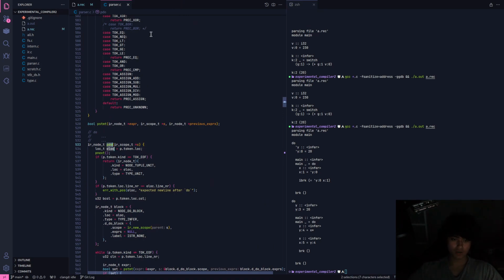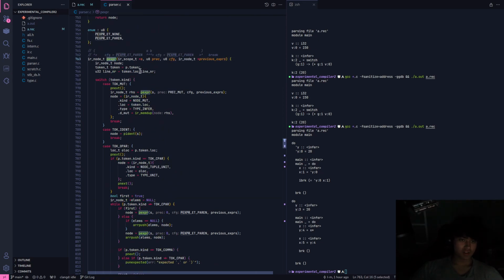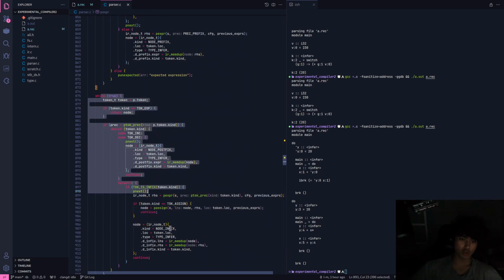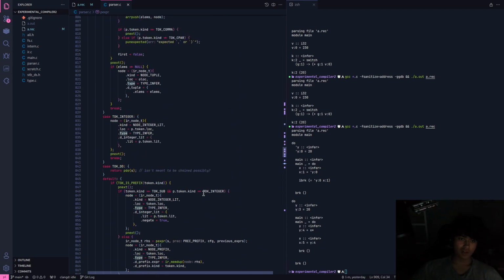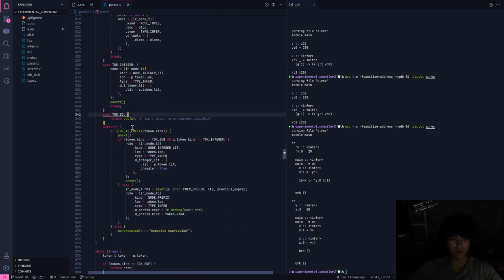P-do, right? I'll go to where it's used. So this is the p-expo. You've seen this before. So this grabs the left-hand side and then recurses over the right-hand side. On the left-hand side, if it comes across a token which is toc-do, it just returns p-do s, and this is currently a to-do right now.